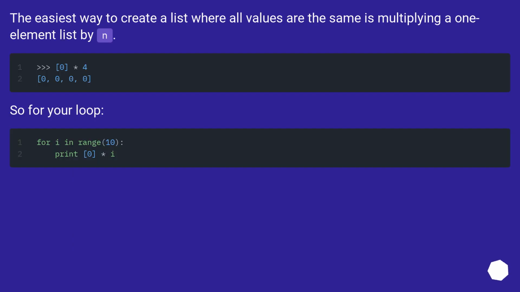The easiest way to create a list where all values are the same is multiplying a one-element list by n. So for your loop,